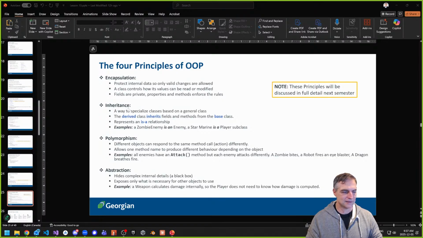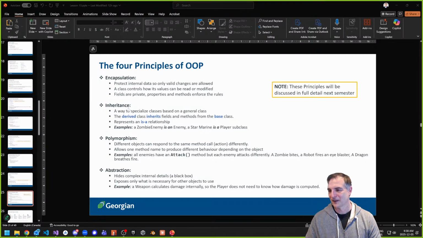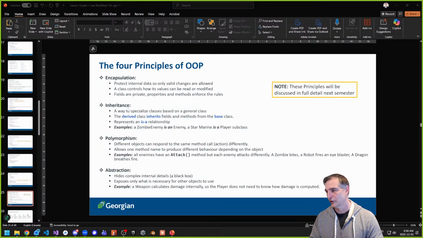Abstraction, right? A lot of times, things are so complex. Here's an abstraction. You've been using a form and you had no idea that there were like 20,000 lines of data before you used your form. That's abstraction. It's a black box. You're using a kind of class, and you have no idea, as a user of that class, of all the lines and all the details underlying everything. You don't need to know all those things. All you need to know is the things you need to do for your application to solve your problem. That's abstraction. So those are the four principles of OOP, and you're going to learn more about them next semester.